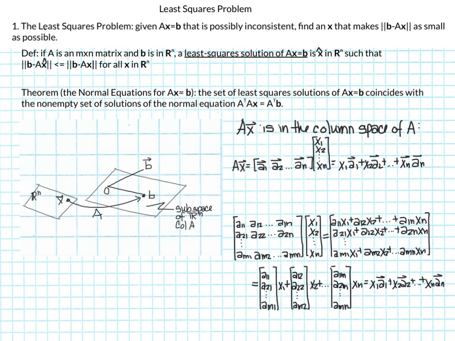So Ax, if we have the matrix A with column vectors A1, A2, up to An, times x, that's going to give us x1 times the first column vector, x2 times the second column vector, all the way to xn times the nth column vector. So here we can see that Ax is a linear combination of the columns of the matrix A, hence